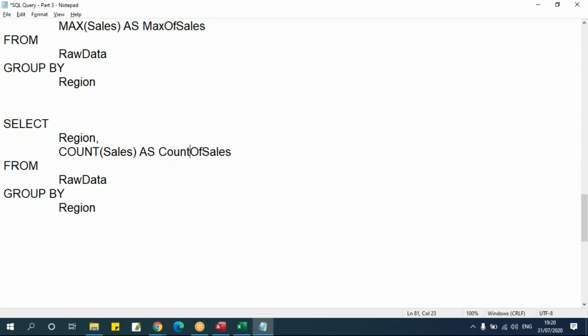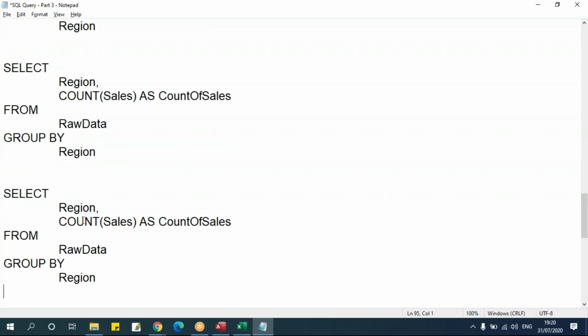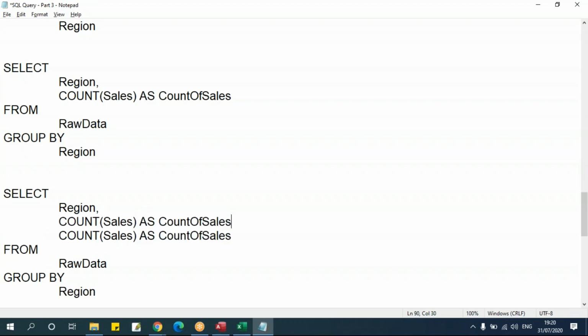It's not that I should have a single function in a query, I can combine all the functions together. Let's say I can put all these functions in the same query itself, like this. Let's copy this, put it here. Let me copy this and say this is for sum of sales.